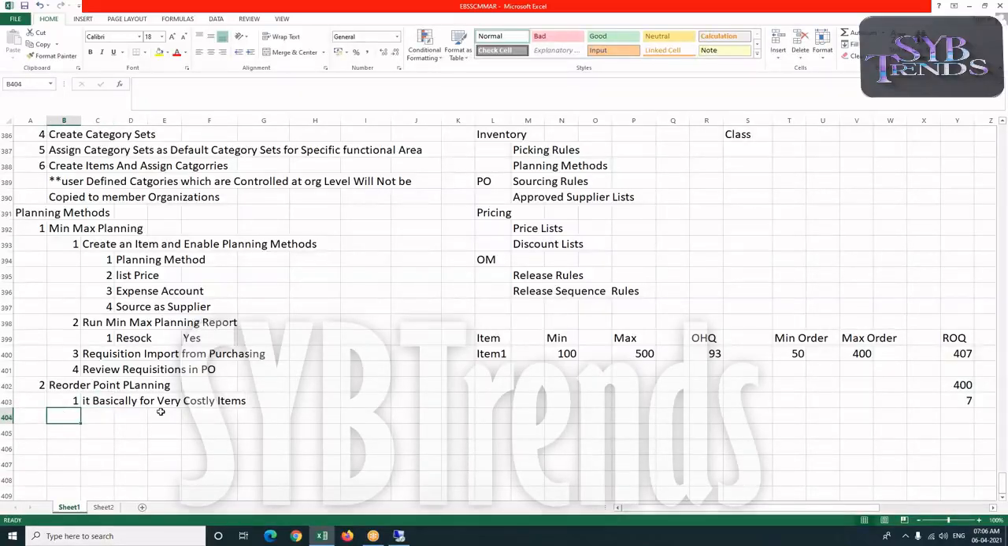Like ATO items. Yeah, most of the ATO items you can say. But again, when I say ATO, don't ask me where you manufacture this. I'm just purchasing the material. Okay. So here it is basically for what? Very costly items, and it totally depends upon